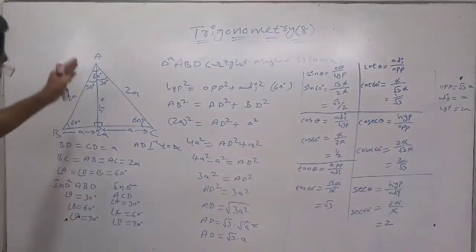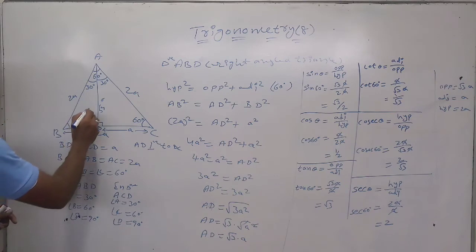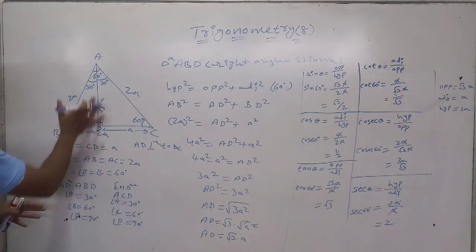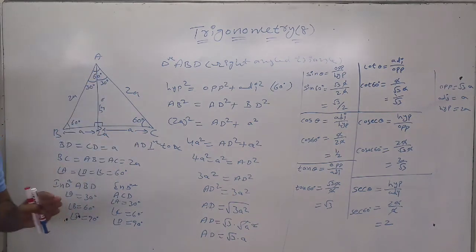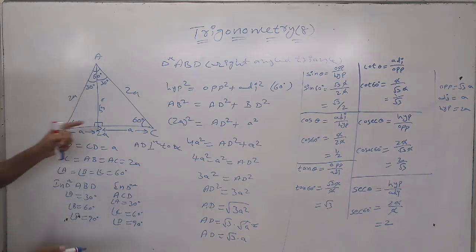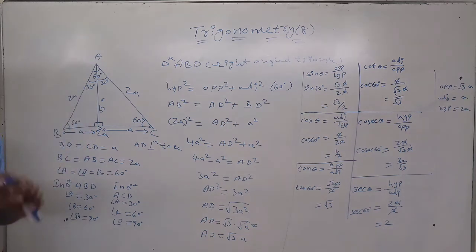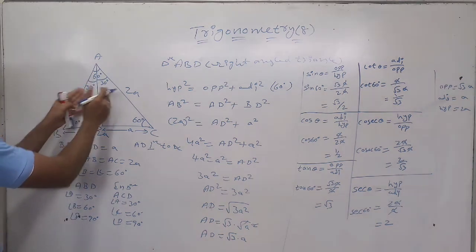So remember, it should be an equilateral triangle. In an equilateral triangle, all the sides and all the angles are equal to each other. 2a, 2a and 2a. This is the supposition I have taken. Now after that, I am dividing this BC into two parts by taking AD as perpendicular on BC. Then angle A will divide into two equal parts, that is the angle bisector. 60 degrees will divide into 30 and 30.